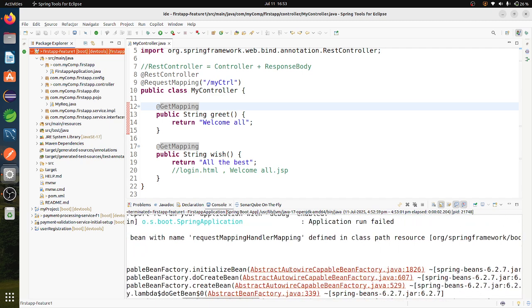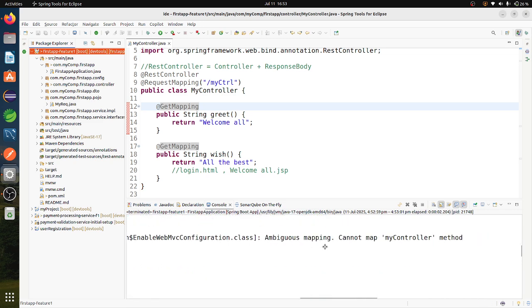Why? Because it is giving an ambiguous error. Whenever the user makes a request, it has to go into any one method in the controller class. But here the methods I have written are annotated with the same mapping, so it will be confusing which method it has to go to.